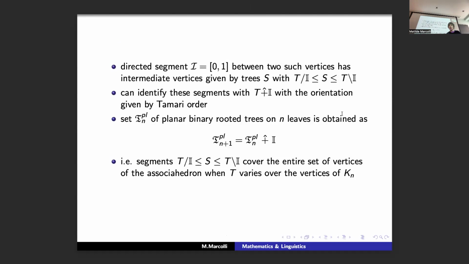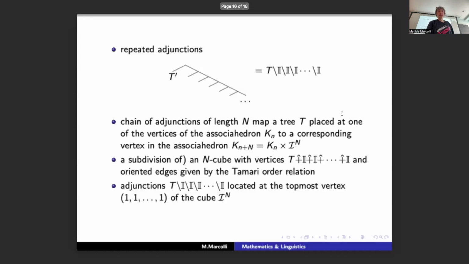Okay, so this is actually a general fact. You can always parameterize the planar binary rooted trees on n+1 leaves in terms of the planar binary rooted trees on n leaves by performing one sum in the Loday sense with this particular cherry tree. And the number of vertices that you're adding in the new associahedron comes from the number of intermediate steps that you have in the Tamari order between these two. Okay, so given this fact,